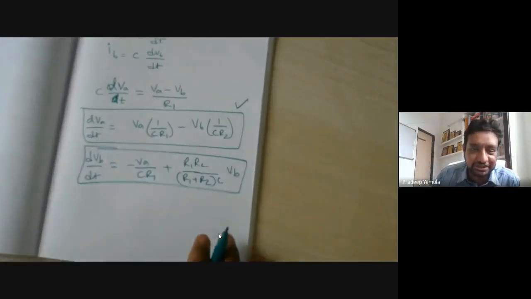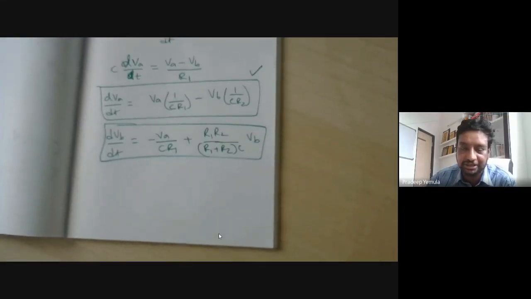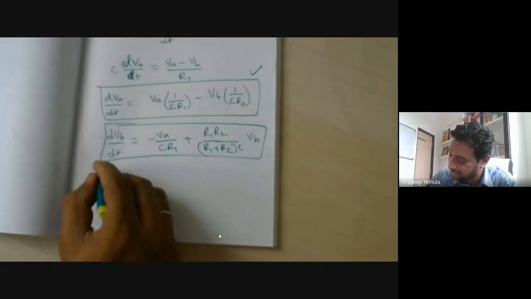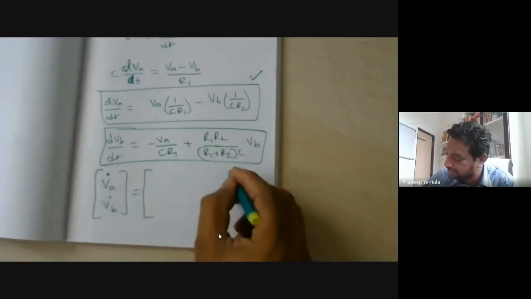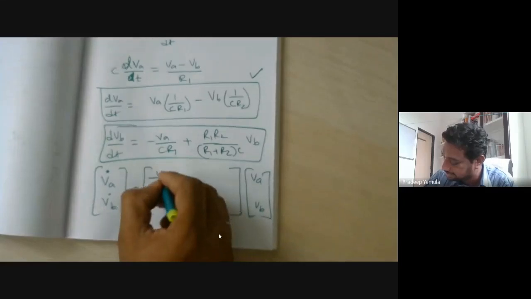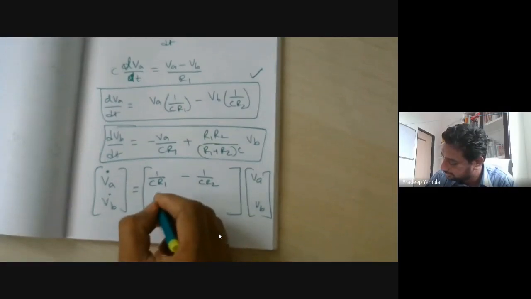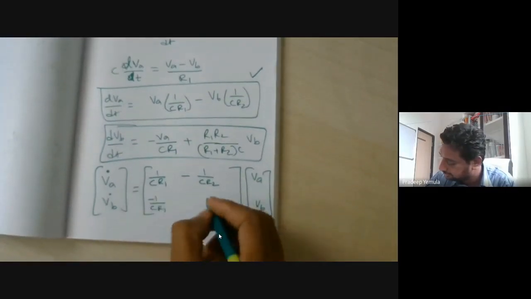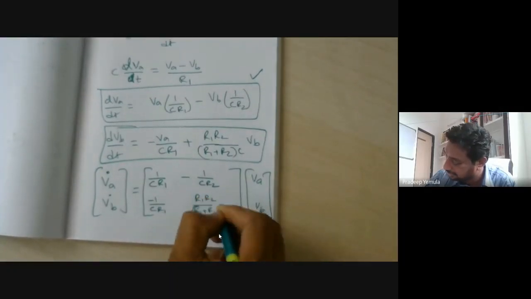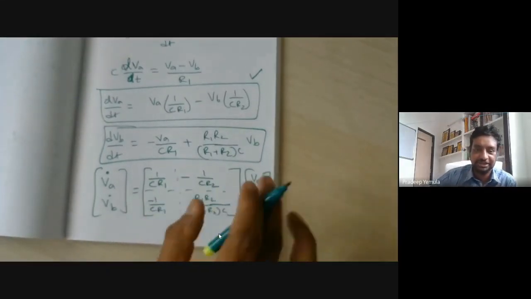Sorry for the mathematics. The video is being recorded, so you can always pause it and later slowly analyze this. But just for the interest of time, I'm writing it like this. I'm writing in the form x dot equal to Ax plus B. Once we write this, it is easy to implement. So this is the matrix; the 4 elements are there in this matrix.